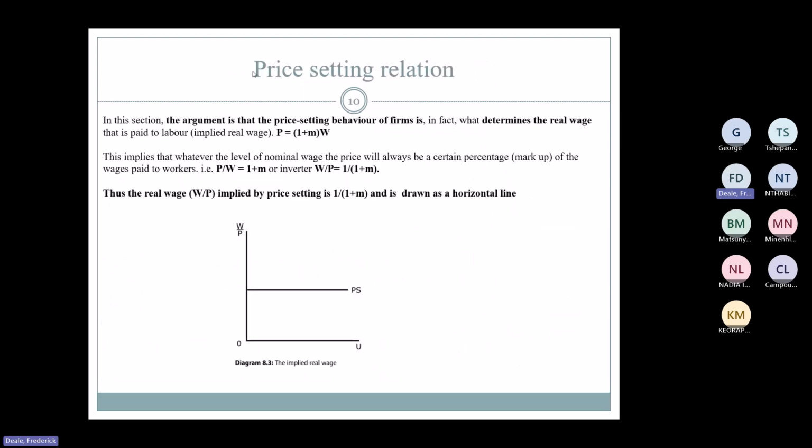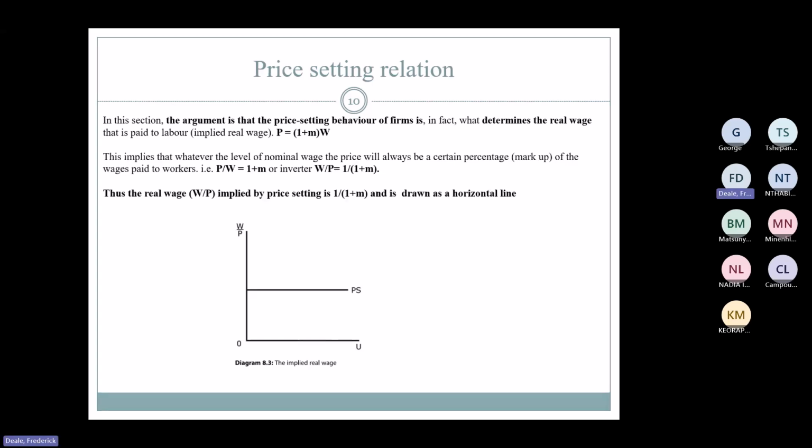Now, in terms of prices, we talked about price setting before. P is equal to 1 plus M times the wage. So the price is the markup times the wage. We talked about that before. Now, because we've made this assumption of prices and price expectations being the same, we can actually put it